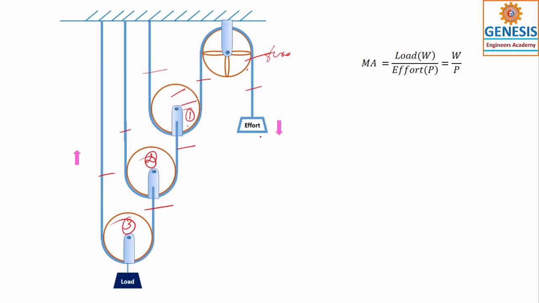You got my point? If I apply the load effort here, that is P, if I am able to draw down this one or apply the force, that is P, this total system will move up one by one. How much velocity ratio are we going to get? So simply observe what I am doing. So this is the effort you are going to apply, and this is the tension T, and this may be the T, and this is also T.